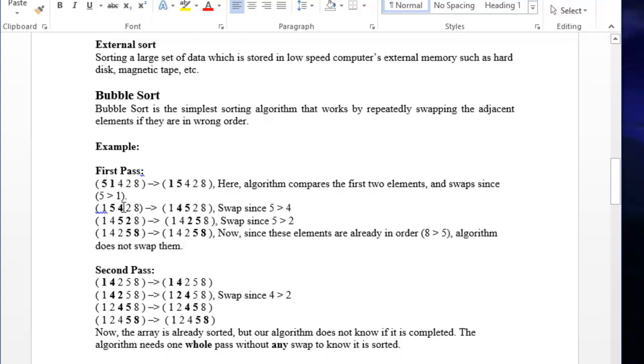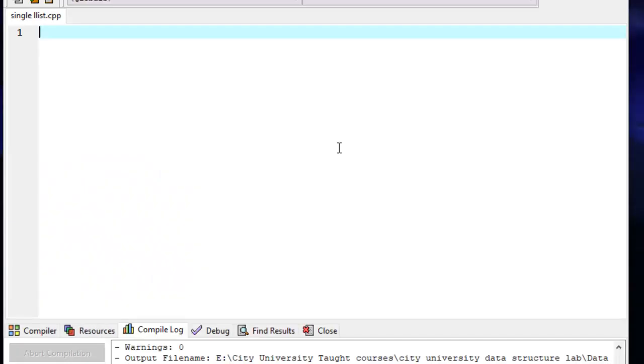Again 5 and 4, yes, swap. Again 5 and 2, yes, we need to swap both of these data. Finally we will compare 8 and 5, but here 5 is less than 8, so no need to swap this data. So we will follow this procedure, and let's code in C++.